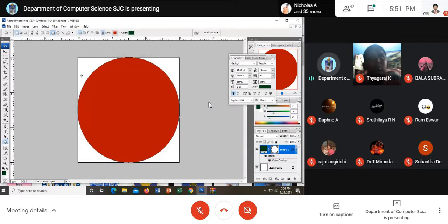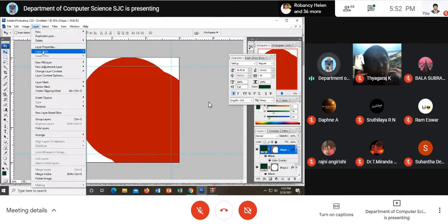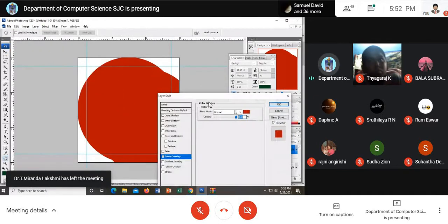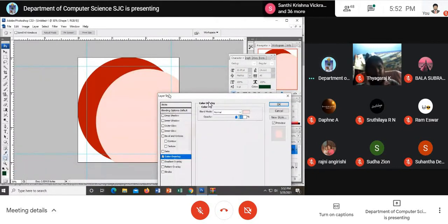Now look at here. I just keep the grid lines. See, 0.25 on all the sides. 0.25 on all the sides, right? On all the sides, I keep 0.25, right? Okay. Now I take another circle. How do I take another circle? I just take the Alt key and I go to color overlay and change the color to light colors, some light colors. See? Okay. And now what do I do?